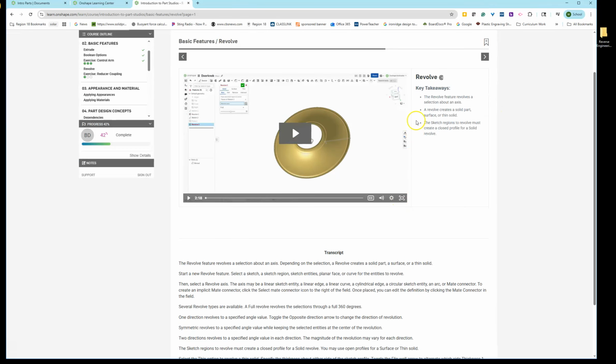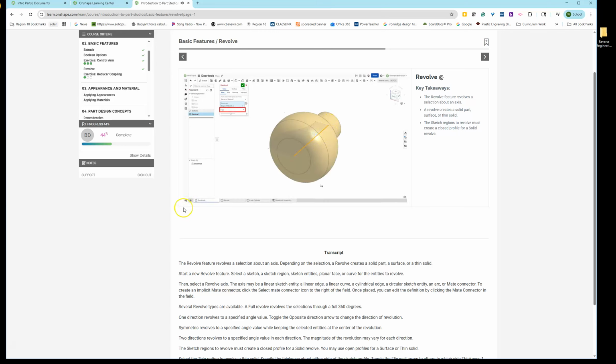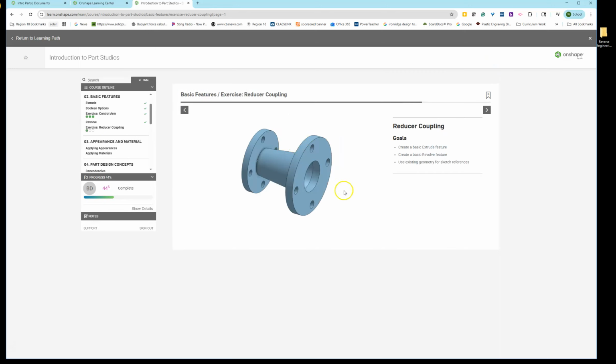All right, so this is going to get us into Revolve, and there are some videos, as I mentioned before. If you watch through these videos, it's going to explain the Revolve feature to you. You're going to be drawing a sketch, and then draw a sketch, an axis of rotation, revolve your part. All right, I'm going to let you watch these at your own pace, and we're going to jump right into